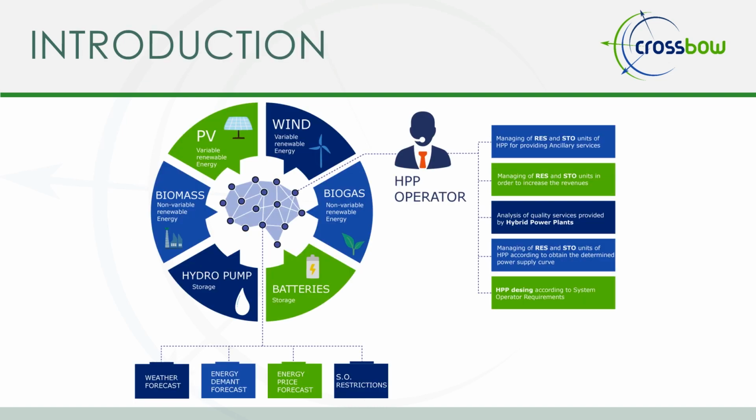REST Dispatchable Unit has been developed for providing power production profiles, supporting in this way the operation of hybrid power plants composed by variable PV and wind farm, non-variable RES, biomass and biogas power plants, and storage units, batteries and hydro pump storage, for different strategies according to the following use cases: to supply the power according to different power demand curves, to increment the revenues of the hybrid power plant due to energy sale, to demonstrate the capacity of hybrid power plants to provide ancillary services, and to demonstrate the functionalities of hybrid power plants after a zero